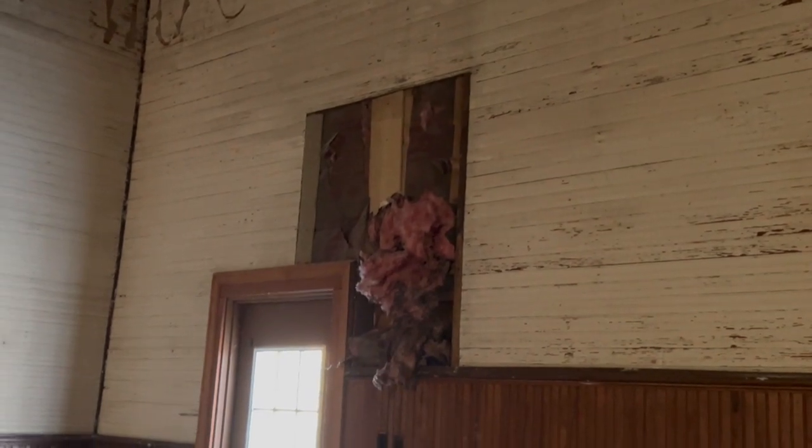And we know that the pulpit wasn't original, it was added later. You can see these 2 holes here in the back above the doorways. We think those were originally windows. So those 2 holes right there were cut out for HVAC returns, but immediately to the right of it, you can kind of see a box cutout that was very clearly filled in at a later time, and the tongue and groove just does not line up right there. It's very obvious it was a square. And then we have a symmetrical one on the other side right above the doorway. And I believe in the rear of the sanctuary, based on this architecture, those were probably windows once upon a time,